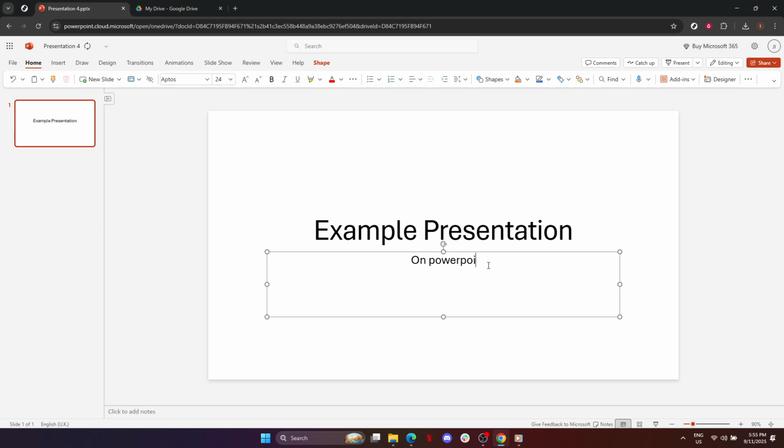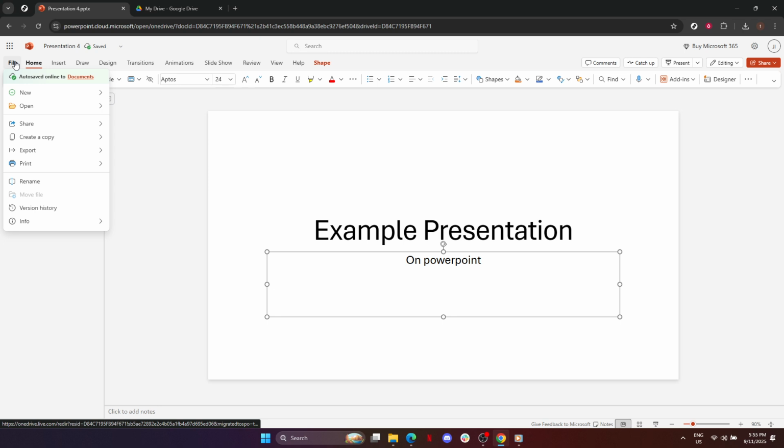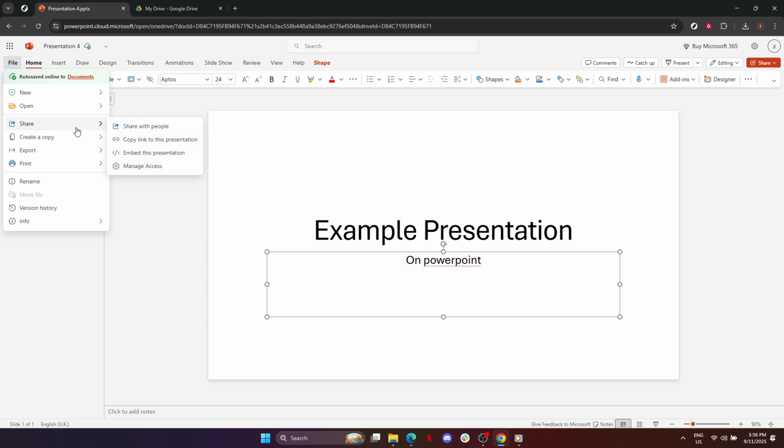Next, you'll need to click on the File tab located at the top left corner of your PowerPoint window. This is where you'll find a variety of options related to your file like saving, printing, and sharing. From the File menu, what you want to do is choose the option that says Create a Copy. This step is essential to ensure that your original file remains untouched while we create a version that's compatible with